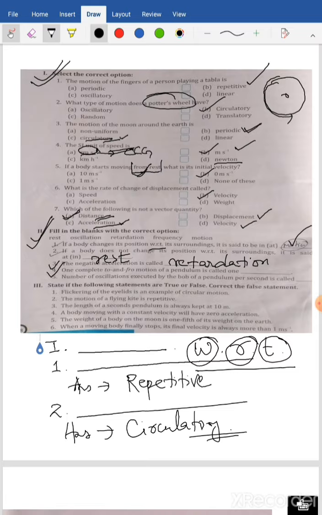One complete to and fro motion of a pendulum is called oscillation. O-S-C-I-L-L-A-T-I-O-N, oscillation. That is the pronunciation, oscillation. Clear? Then again pause the video, write this on your book, then go to the next question, question number